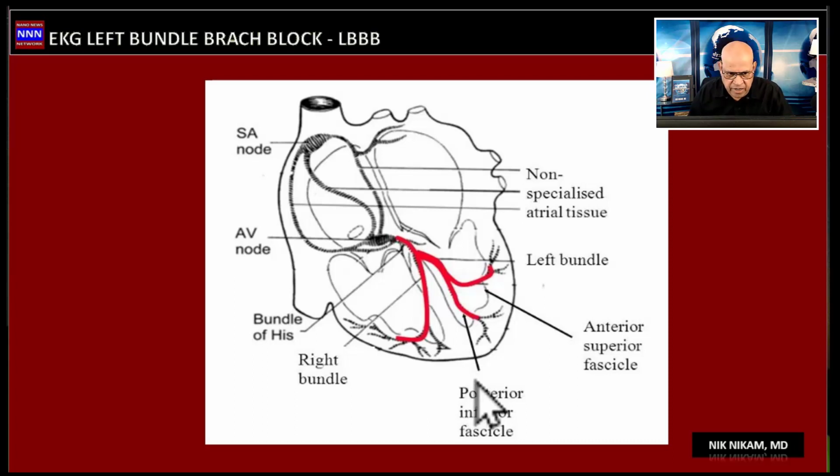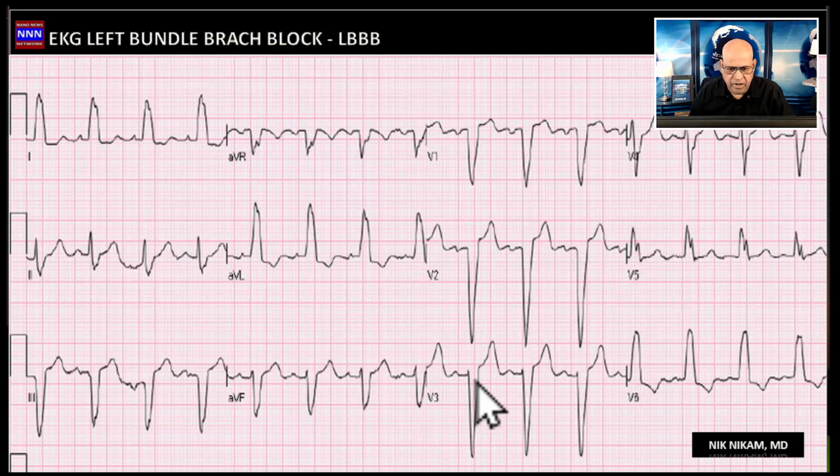Keeping that in mind, let us look at an electrocardiogram and see what features highlight the presence of a left bundle branch block. Here is a classic example of a left bundle branch block, and here we have a sinus rhythm. The PR interval is normal, but if you look at the QRS complex in 1, aVL, V5 to V6, the